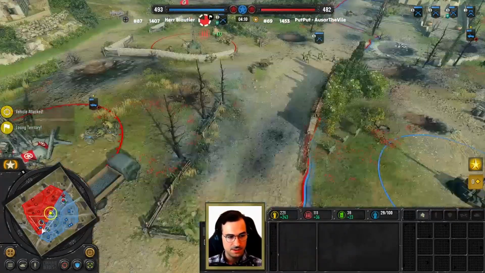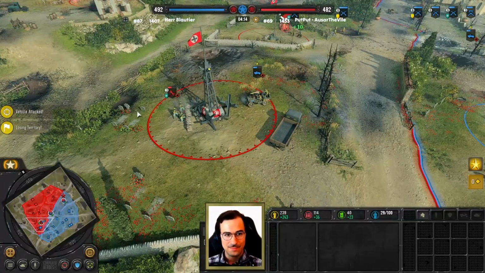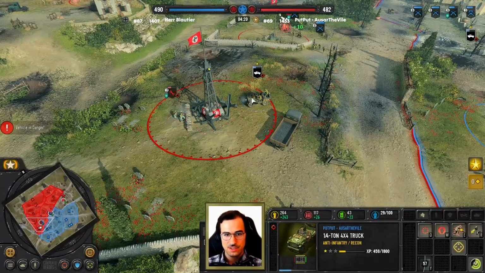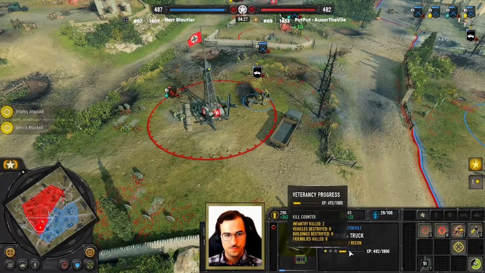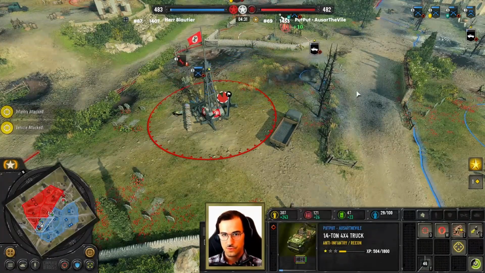Meantime, over there, there's nothing spicy going on. But here, the Willis Jeep is fighting my engineers, and both are pretty low already. But I'm having the green cover advantage, and the Jeep is taking a lot of damage. 2 modest kills so far, that's not too much. Also, the experience gain so far is not too much, so...